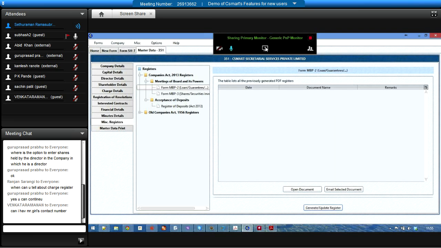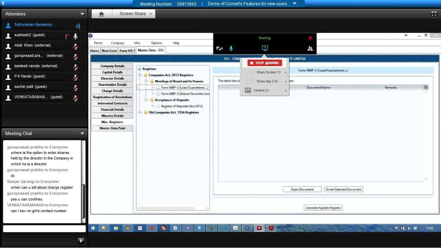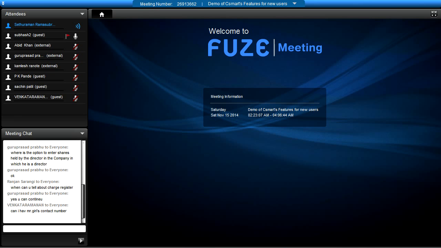So that's how you actually work with forms in Csmart. I'll just stop sharing now. Any questions that you might have,